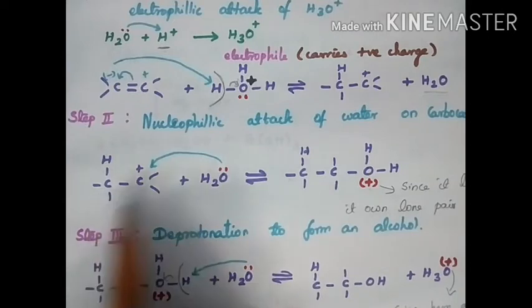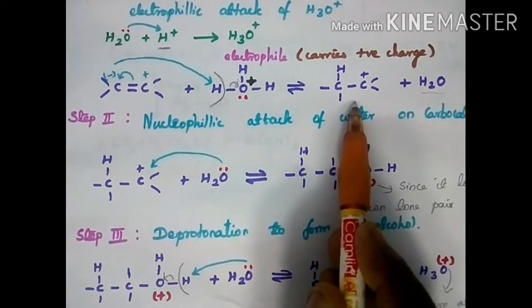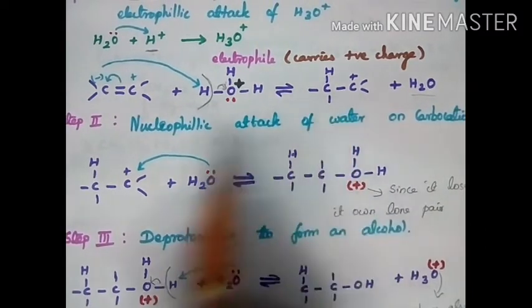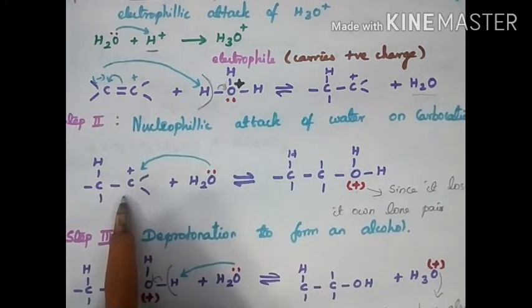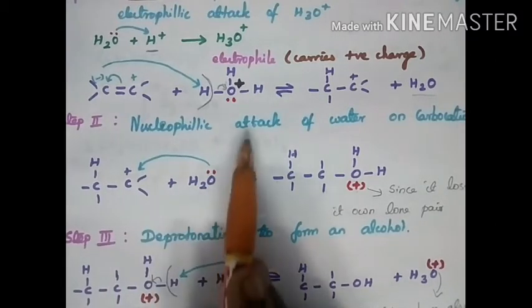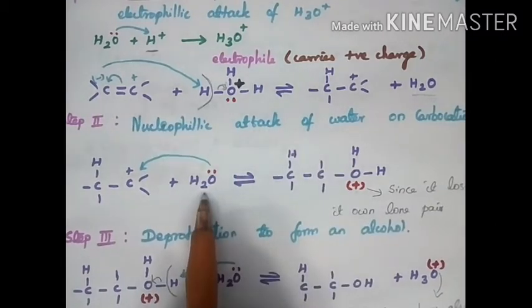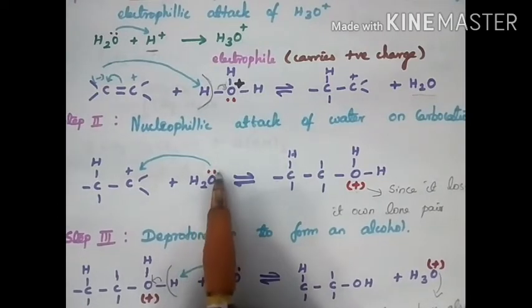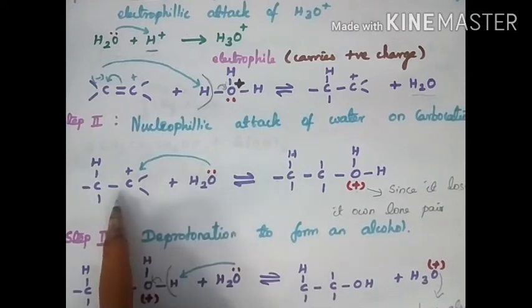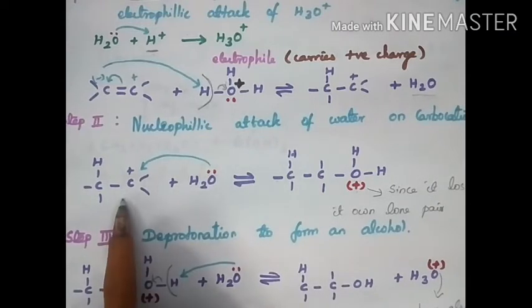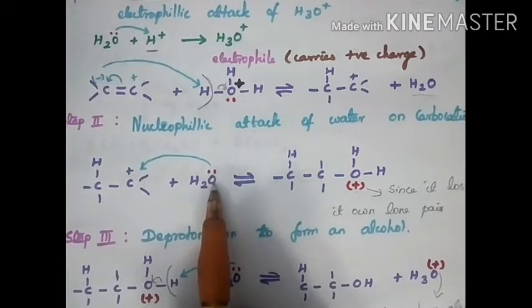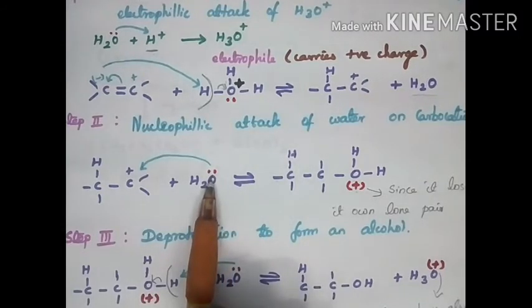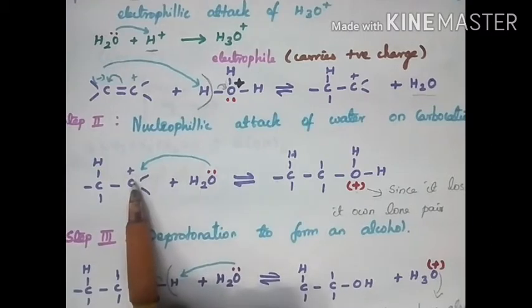What is that? The alkene obtained here carries a plus sign. So write this as a reactant. Attack of water. Nucleophilic attack. Nucleophile means it carries excess electrons or minus. Here oxygen carries excess electrons as a lone pair. This is the alkene which carries a plus sign. Here the oxygen atom in water carries an excess lone pair of electrons. This donates its lone pair electron to the carbon carrying the plus sign.